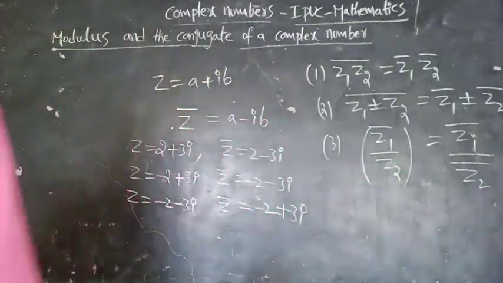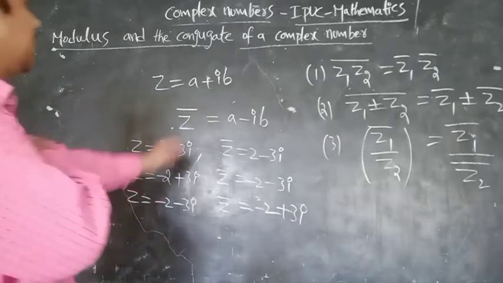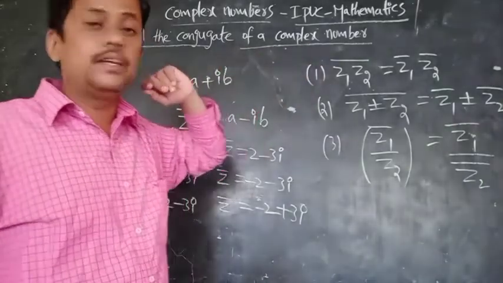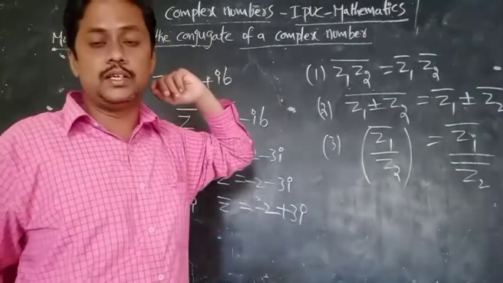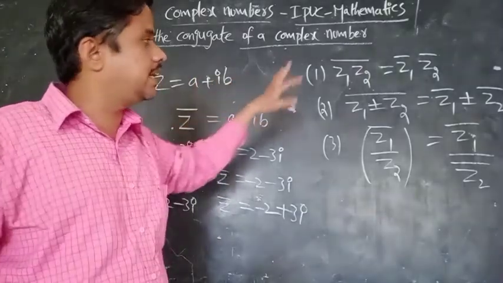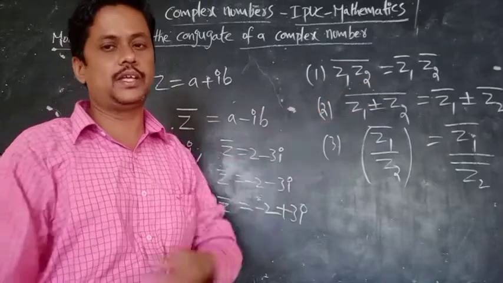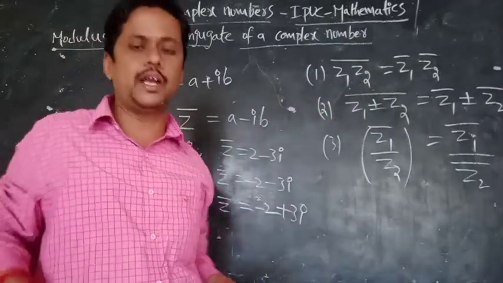Same as for modulus also, though I have not told it in modulus. So you can consider these as properties and rules. So this is the information regarding the conjugate and modulus of a complex number. Understood? So we can apply the properties. Problems using these properties will come in CET. That will be very helpful. That's all.